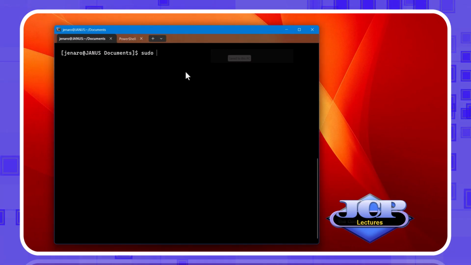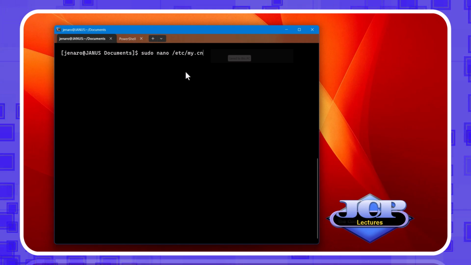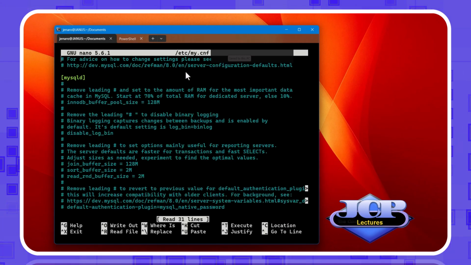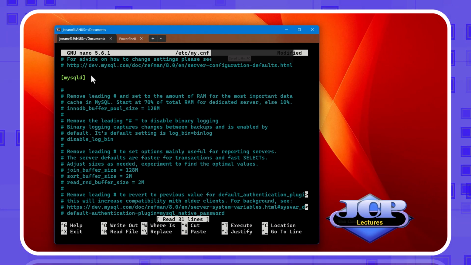Another important action is to modify the my.cnf file to allow connections from any IP number. Open the file with nano and insert inside the section [mysqld] the line bind-address=0.0.0.0.